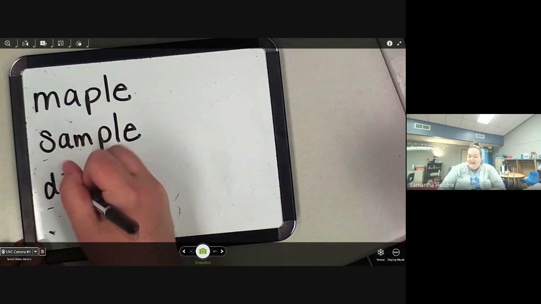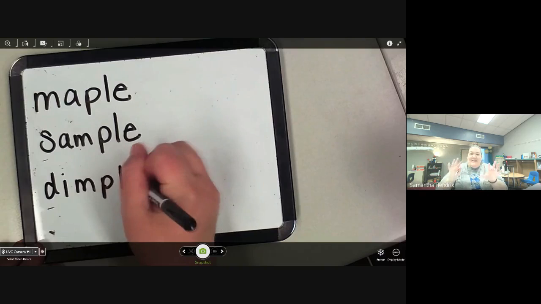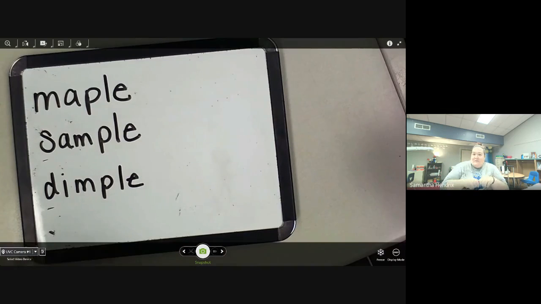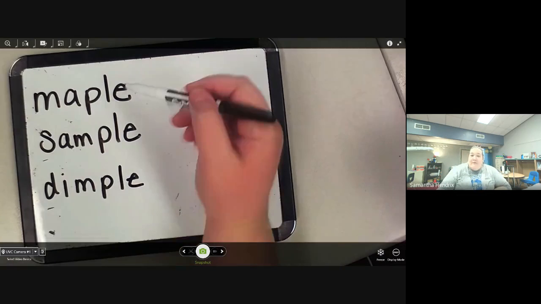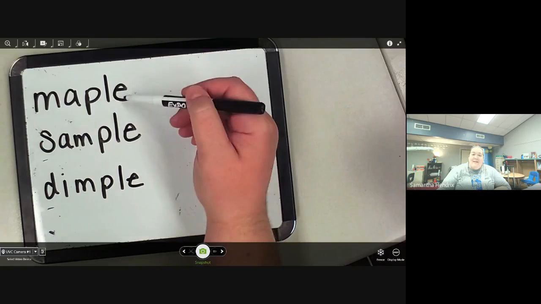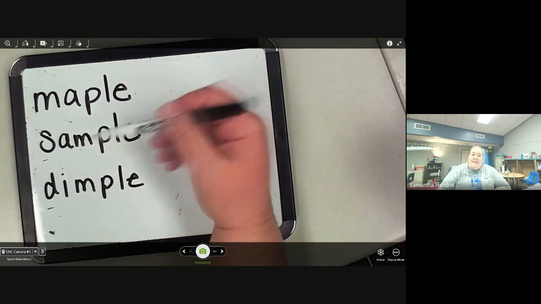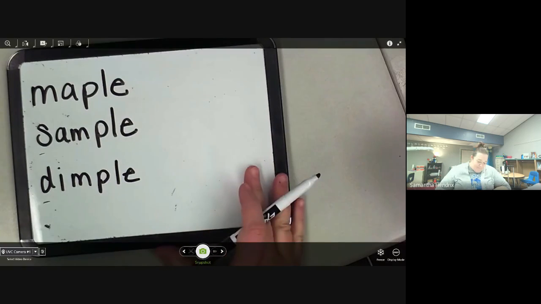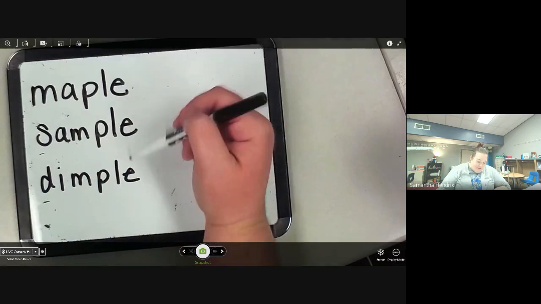Remember, it was that secret vowel that we don't actually see. So today we're adding on to that, okay? So we have pull making that sound. Maple, sample, dimple, okay? So final position,